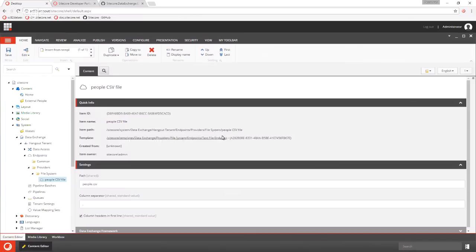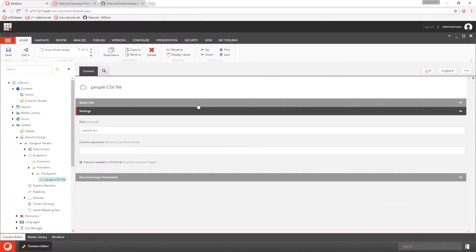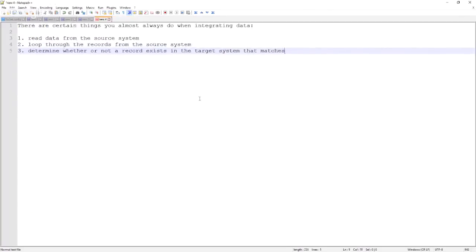Now this is an endpoint. If we remember the name of the template, text file endpoint. So this represents a text file. So in order to read from a text file, you're probably going to have different columns that are separated by some character. By default, the separator is a comma. You may have a tab, you may have other characters. You can use those in here. But for my file, it is a comma separated file, which let me bring this up again.